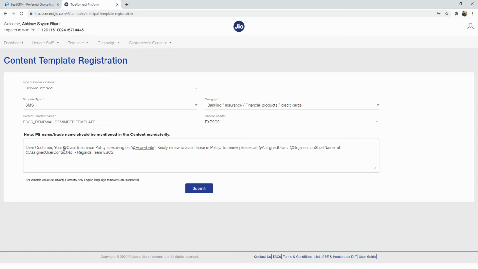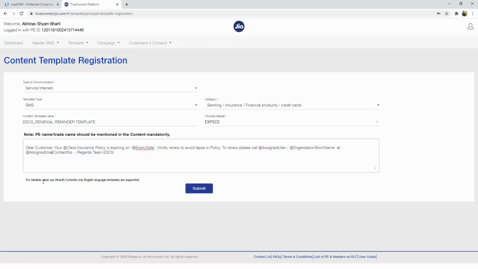For example, in this template, @class is a dynamic parameter, which will get replaced dynamically with the actual class of your policy. Similarly, you have the parameter expiry date, the assigned user, organization short name, and the assigned user contact number.